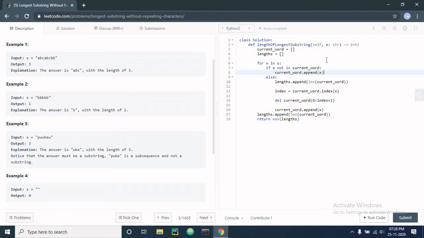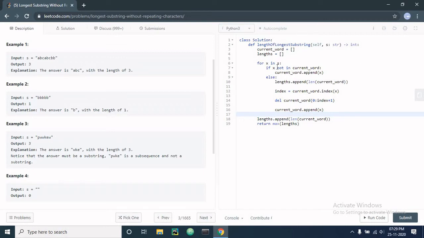This will go on till we reach the third letter W, which is in the current word. So we take the else, append the length of the current word, get the index, and delete the current word from 0 to that index. Then we append x to the current word. Now the current word is W only, as we deleted PW. So we again loop through it.